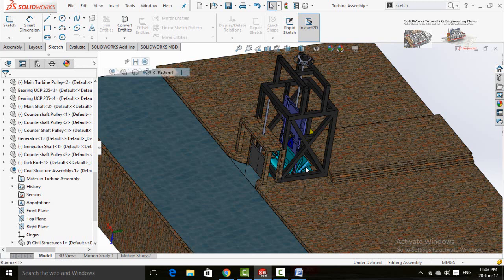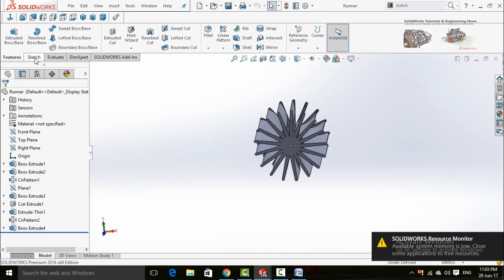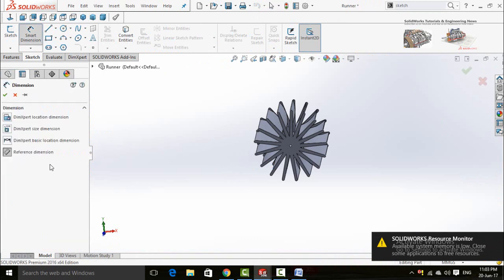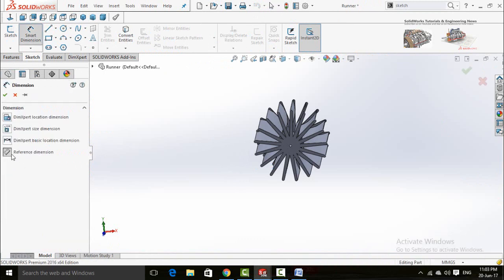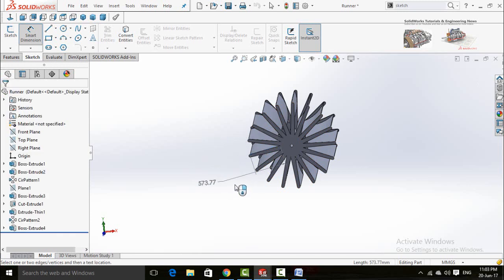Same process is used to measure dimensions for the parts. Click on sketch tab and then select smart dimensions and don't forget to select reference dimensions. Now you can measure any dimension by simply clicking on that length. Or if you want to measure the distance from this point to this point,